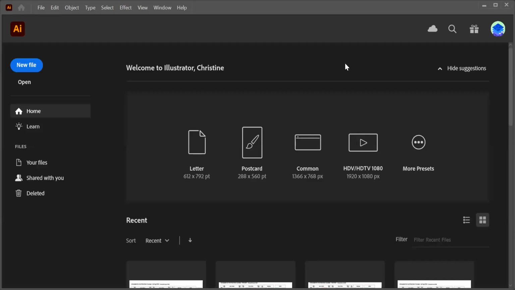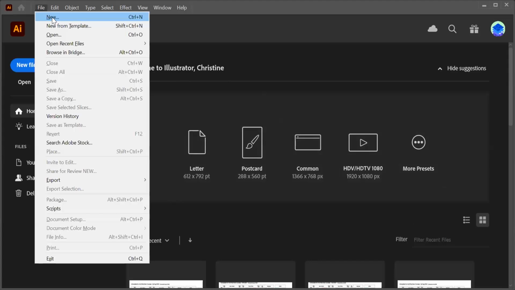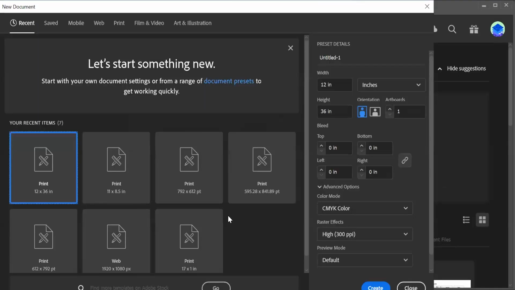Okay, so in this video, I'm going to walk you through some steps of creating a simple layout in Illustrator. I'm in the software, and I'm not sure what your screen looks like in terms of what sort of templates are available. I'm just going to go to File, New, and we'll make this a print